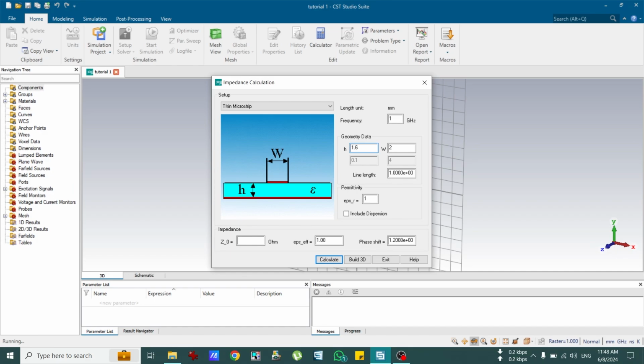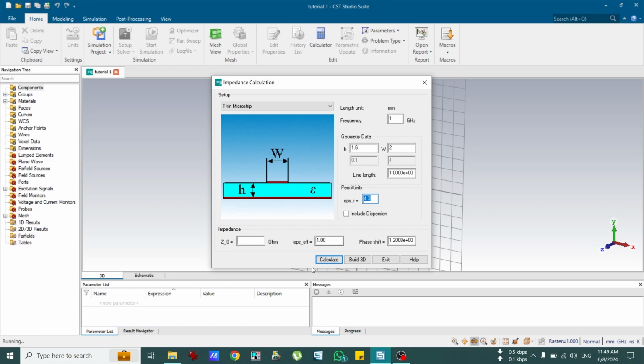So we're going to set 1.6 millimeter height, and the relative permittivity is 4.3. You can check the values of it on the data sheet. The substrate permittivity may vary, so I'm just setting a generic value that is quite famous, right? So we have set the frequency to 1 gigahertz, the height to 1.6 millimeters, the relative permittivity to 4.3, and